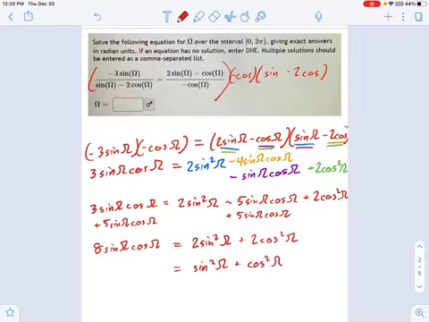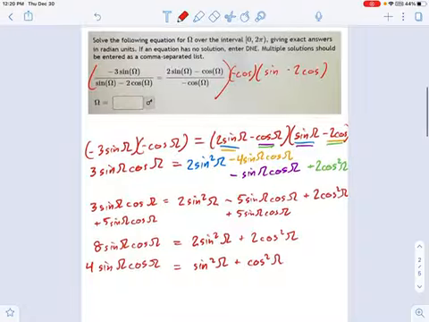Sine squared cosine squared on the right, or rather the sum of those things. And on the left, we have 4 sine omega cosine omega. Okay, pause the video. Go look for an identity because we're not factoring this thing very easily. You're not going to be able to find a GCF here. You're not going to be able to find a trinomial factoring that'll work out nicely for you. So we need to use identities of some kind.